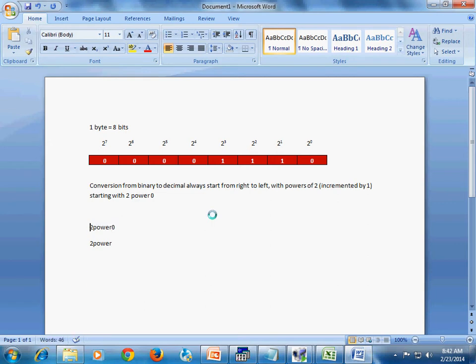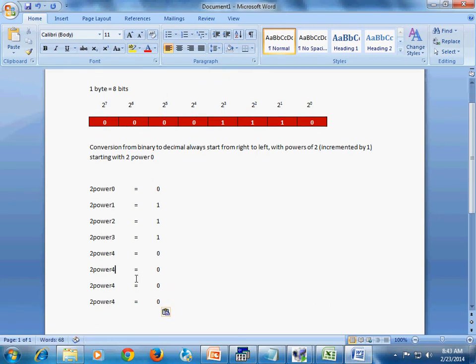For 2 power 0 we have 0, for 2 power 1 we have 1, for 2 power 2 we have 1, for 2 power 3 we have 1, and for 2 power 4 we have 0. For 5, 6, and 7 we have 0. These are the values which we have.